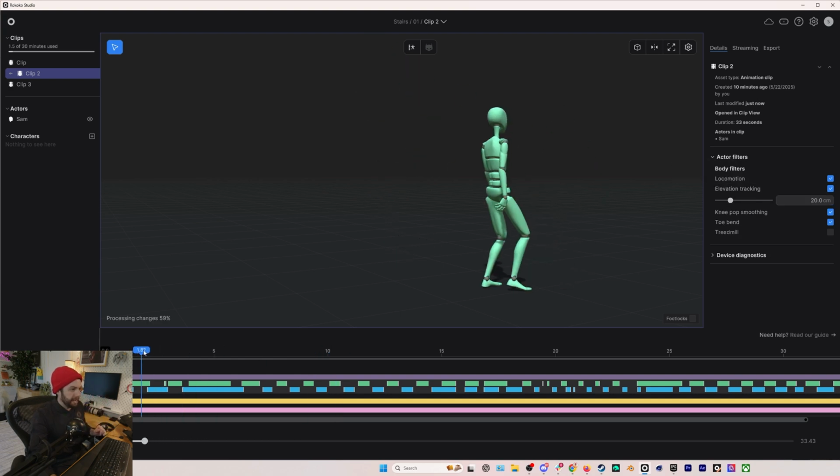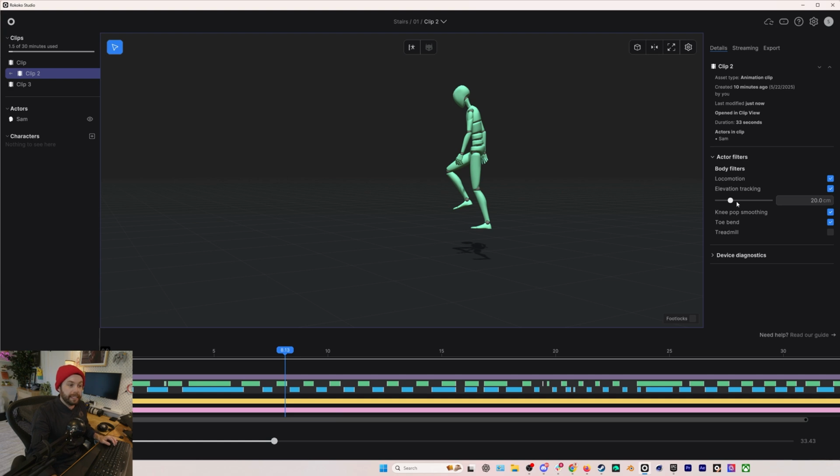Here we are, we're looking at the clip, and I'll turn on elevation tracking. You can see the first thing that pops up is a little measurement slider. Ideally, you know what the increments of your stairs are so that you can input them into this elevation slider. You can kind of eyeball it, but it will help the accuracy. Stairs are generally around 10 inches tall each stair, although that can vary widely, which comes out to about 24-25 centimeters. These stairs that I'm on were slightly less than that, so I'm actually going to bump this down just